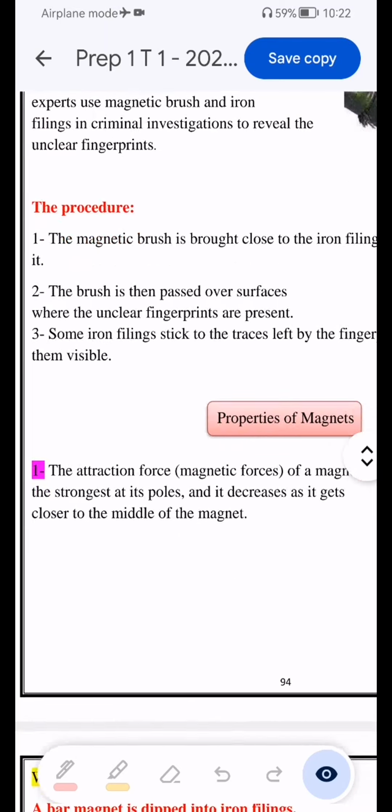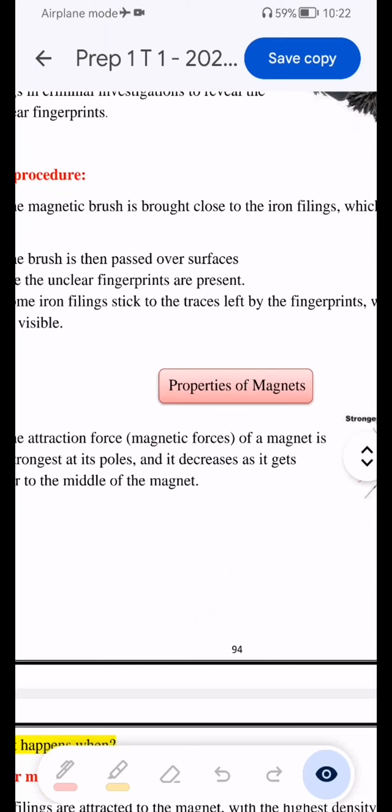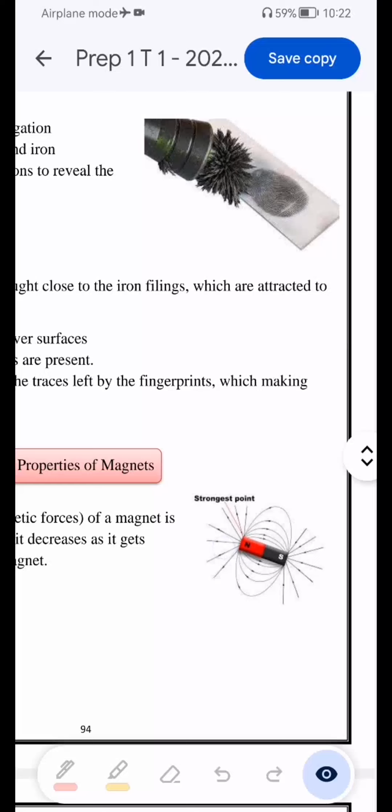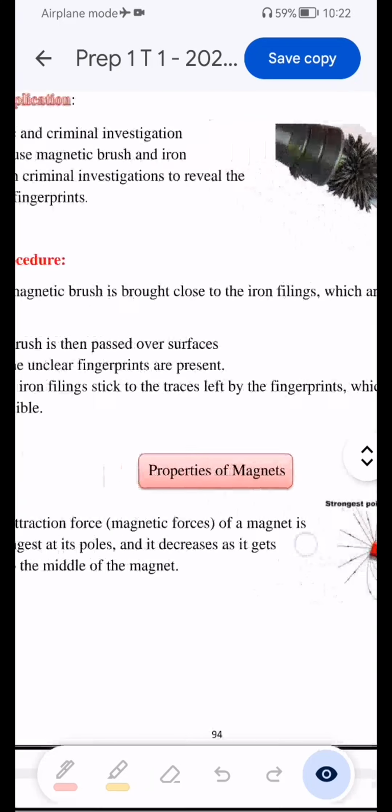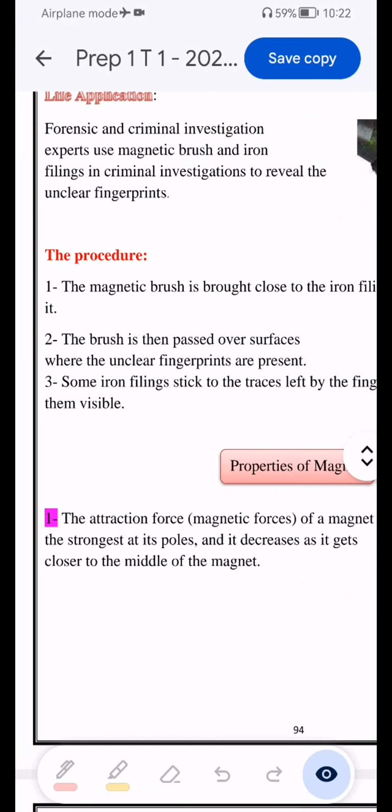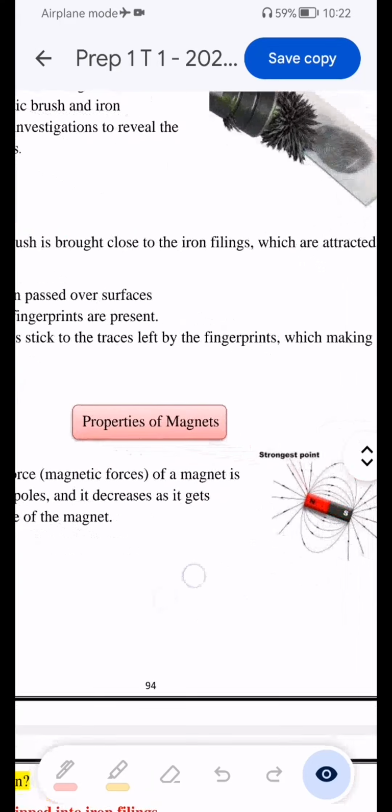Okay, what happens now? Some iron filings will stick to the traces left by the fingerprint, stick to the lines of the fingerprint, which makes it what? Visible, makes it clear. So we use iron filings and a magnetic brush to see unclear fingerprints in any crime. Okay,